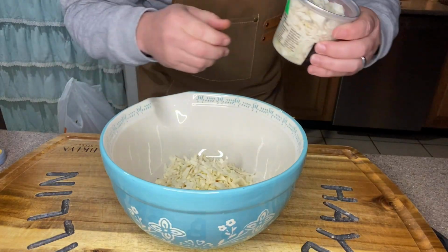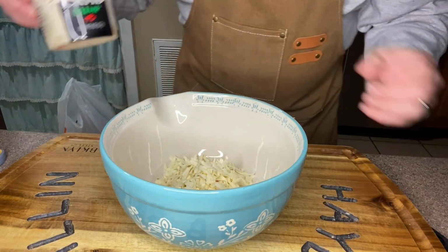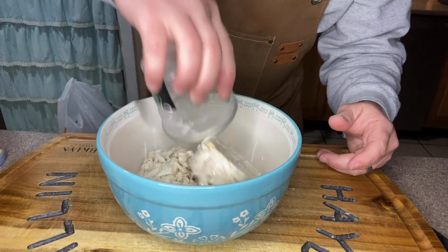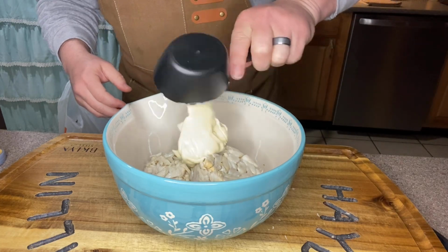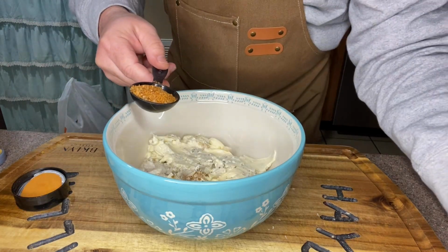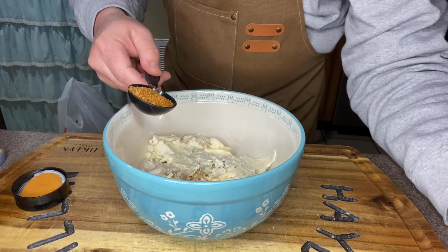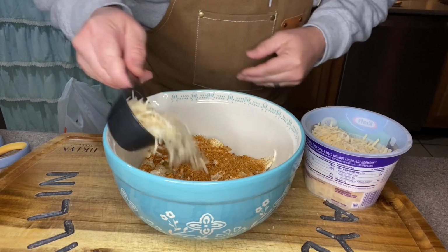Now it called for a pound of lump crab meat, but we're going to add 8 ounces in here. Just dump that in. Next up, we're going to add half a cup of mayonnaise. We're going to add in 1 tablespoon of your favorite all-purpose rub. For this tonight, I'm going with Granny Moore's Good Rub. Just going to sprinkle that in. Next, we're going to add a 1/4 cup of